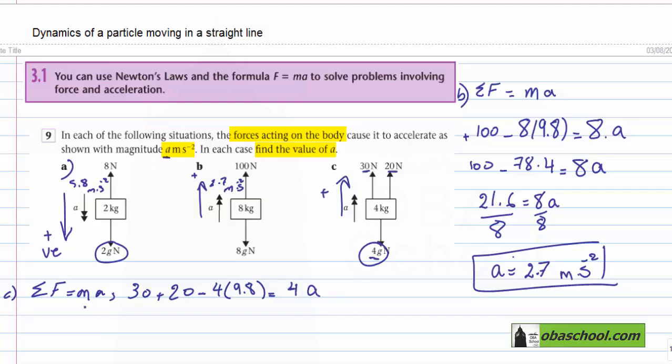Then 30 plus 20 is 50, minus 4 multiplied by 9.8, this is 39.2, which is all equal to 4a. Then 50 minus 39.2 is 10.8, that's equal to 4a. We divide both sides by 4, then the acceleration a is equal to 2.7 meters per second squared, the same